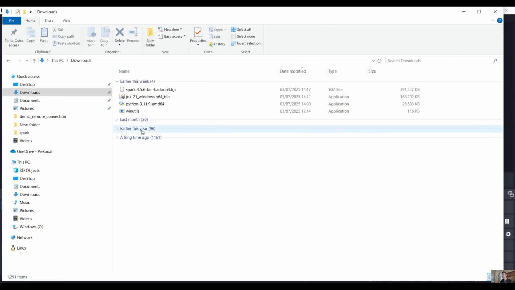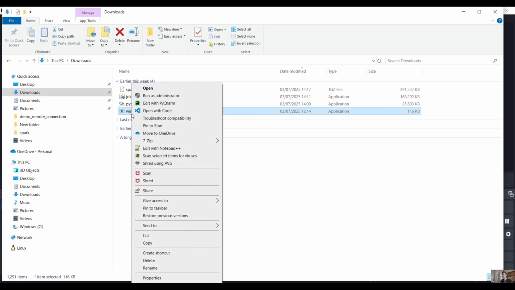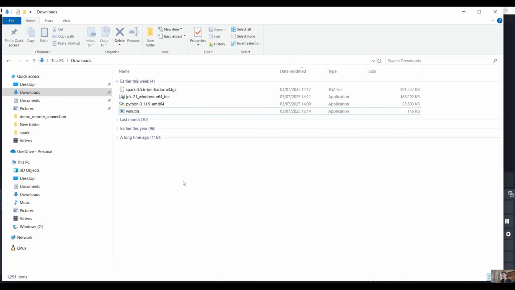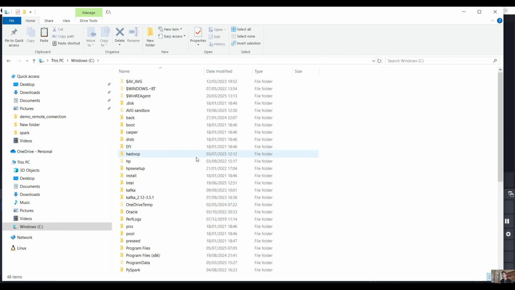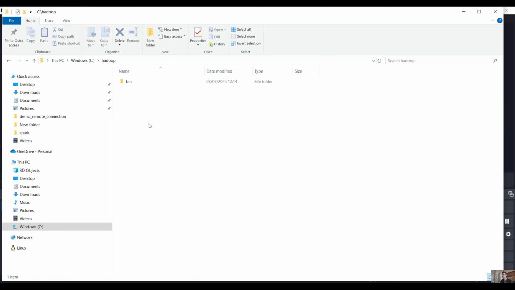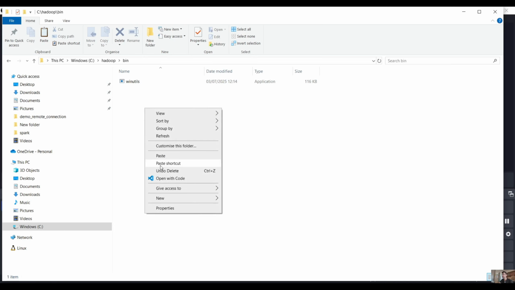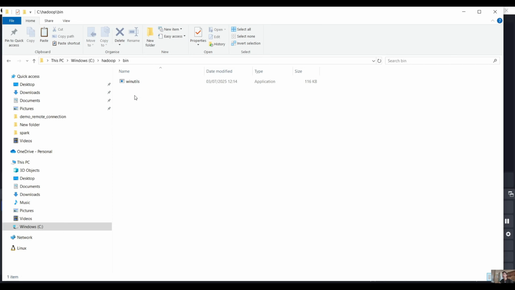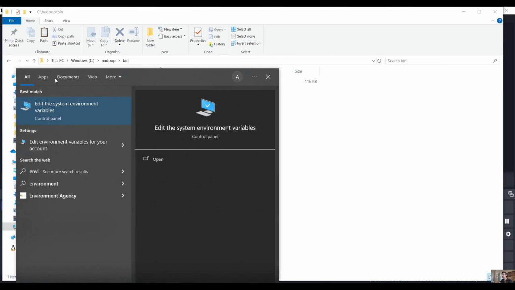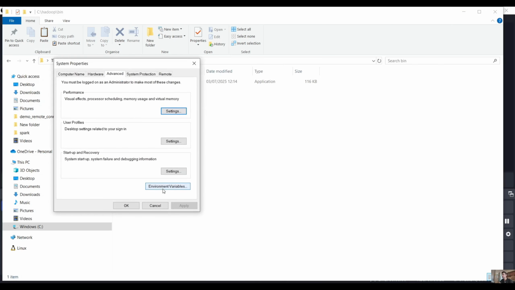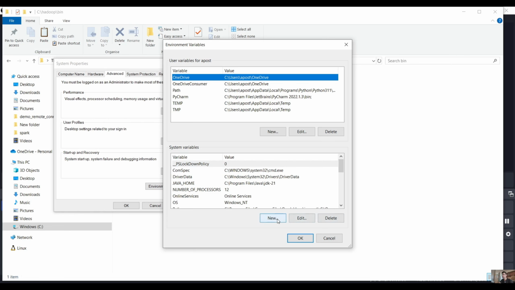Here on our downloads, copy the WinUtils, so copy that, and then in your C drive create a folder called Hadoop, and then inside that folder create another folder called bin, and here you paste WinUtils. Now I have already done it, I am not going to paste it again, but here you save WinUtils, and then you go back to environment variables,